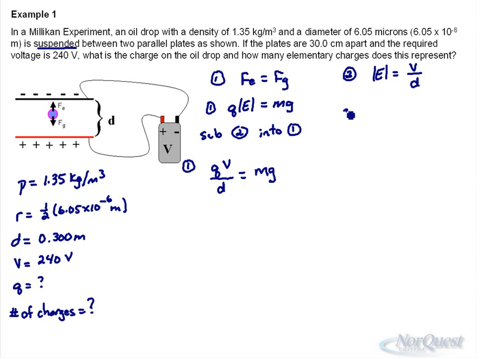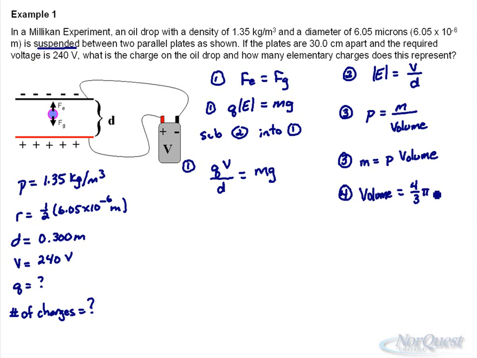Need a third formula. The mass is related to the density. Density equals mass over volume, and I'm going to write volume out because we're using potential difference here, so I don't want to mix up the two capital V's. So we can get the mass by multiplying density times volume. So mass equals density times volume. Now, we make the assumption that this is a perfect sphere, so we need a fourth equation. The volume is equal to